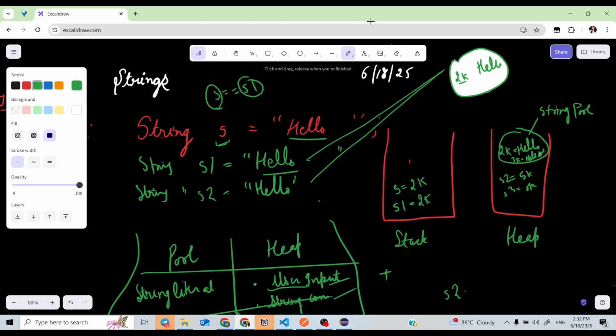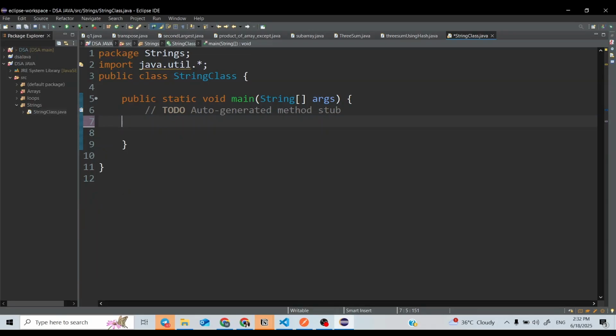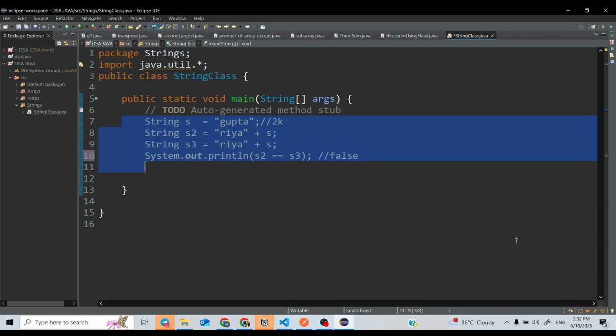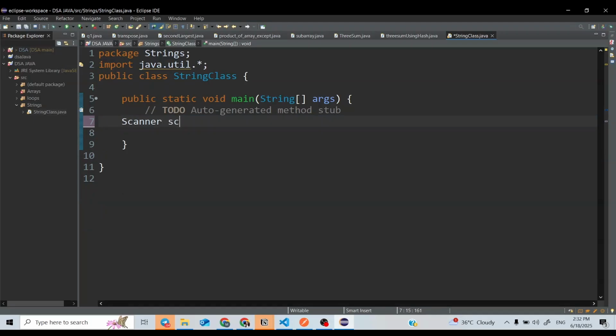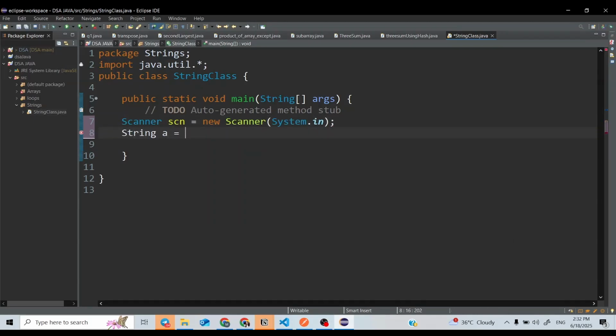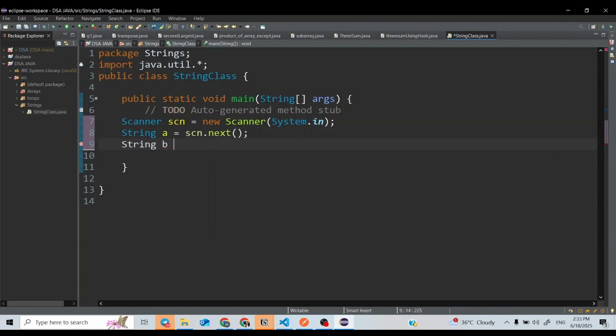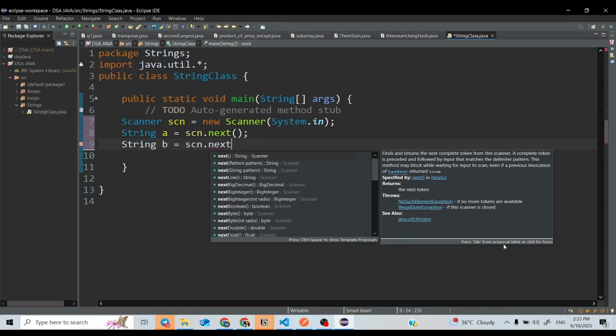But in case s and s1 are not made in the pool but in heap memory, as in the concatenation case or the case where we take input from the user, let us see one example of user input also. So Scanner scan equals new Scanner(System.in); String a equals scan.next(), and String b equals scan.next().